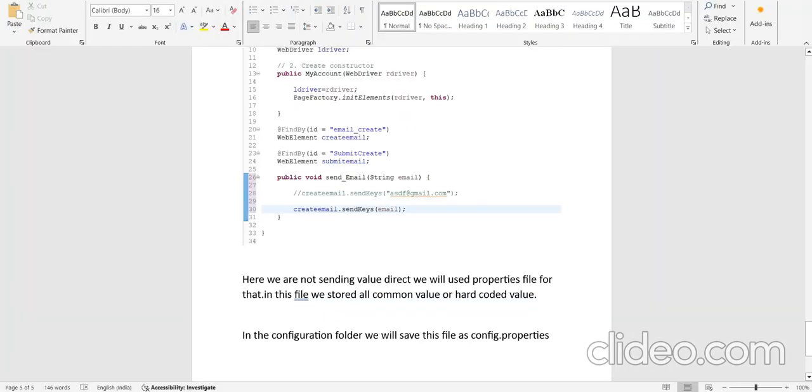If we have to send the value directly, then we use the send keys method, and here we pass the direct value. But if we have to store our value, like login ID or application URL, in a file, then we use the config.properties file.